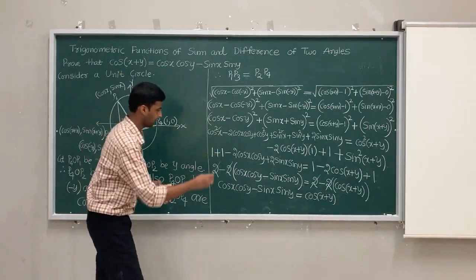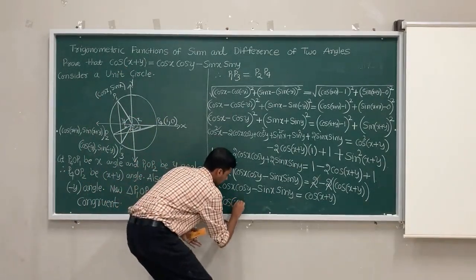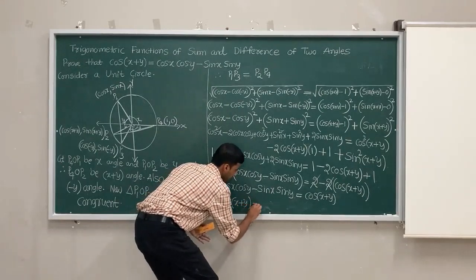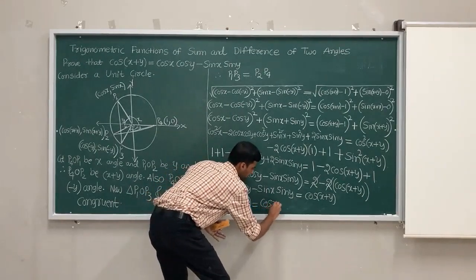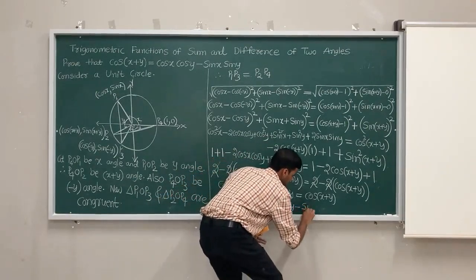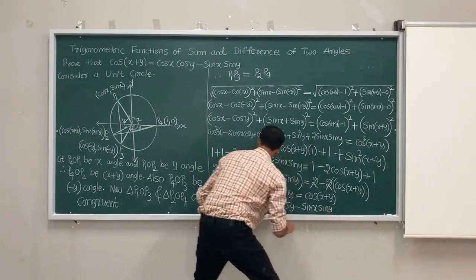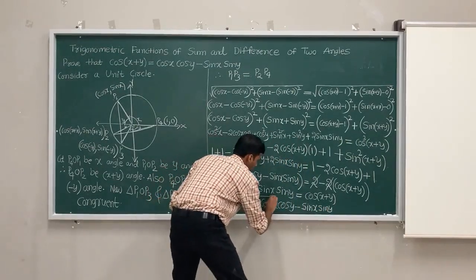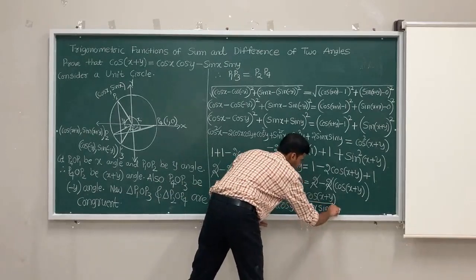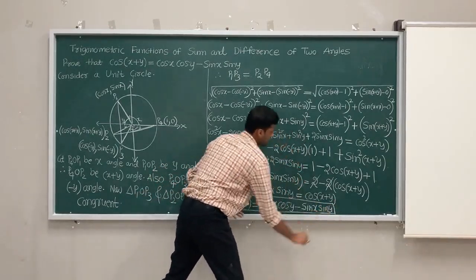But I will arrange it now. After arranging, I will bring this term here. Cos of x plus y is equal to cos x cos y minus sin x sin y. So this is a very important formula for upcoming problems, as well as for your